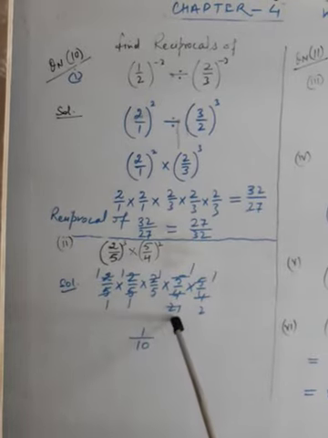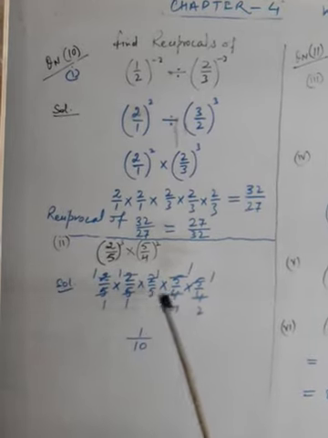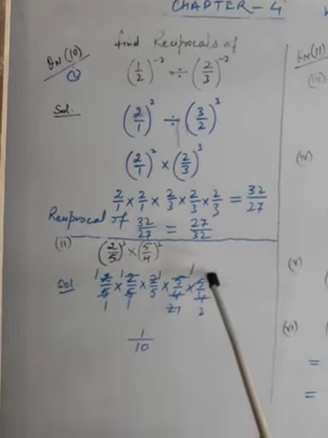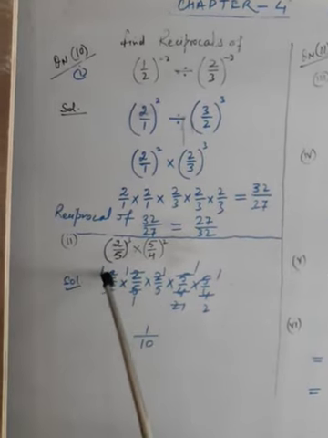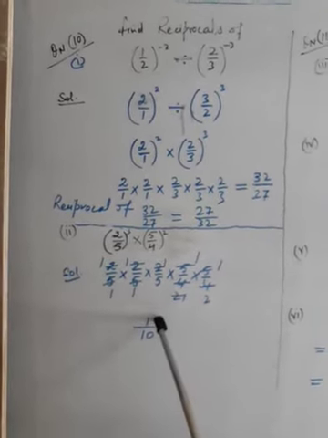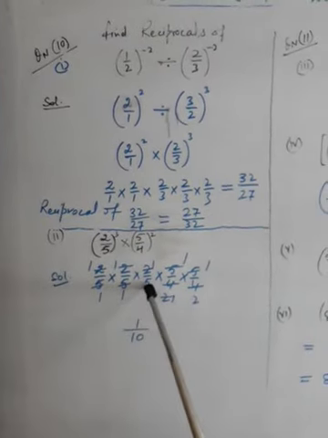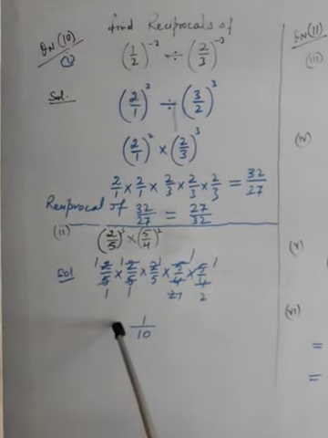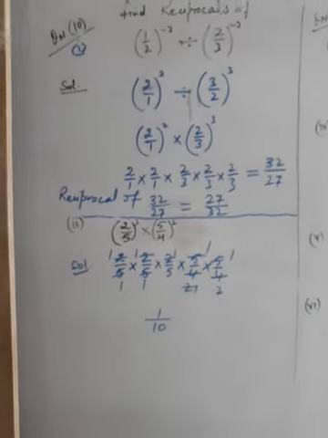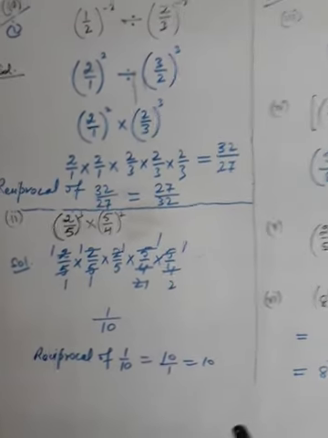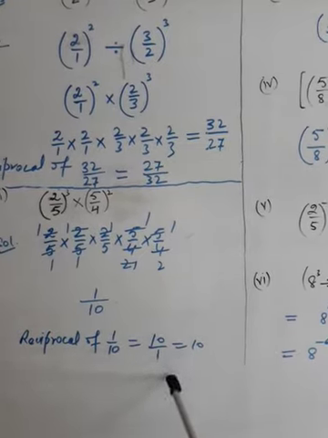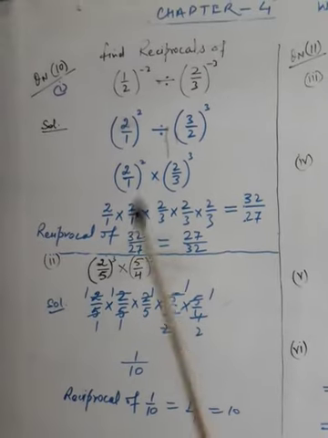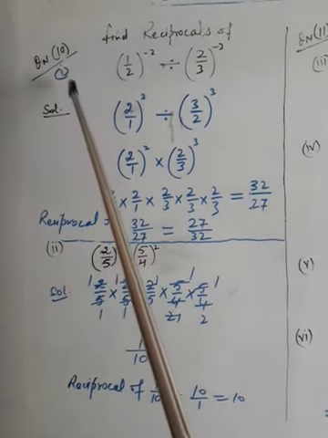So 2 ones are 2, 2 ones are 2, 2 to the 4, and 2 is left out there. Then 5 ones are 5 and 5 ones are 5, they got cancelled. You are left with 1, 1, 1, 1 and 1. So all 1s multiplied together give you 1. Then 1 five is left and 1 two is left. 5 into 2 is 10. So this is the simplification of this term. So what is the reciprocal of this term? The reciprocal of 1 over 10 is 10 over 1, and 10 over 1 is obviously equal to 10. So these are your part 1 and part 2 of question number 10.